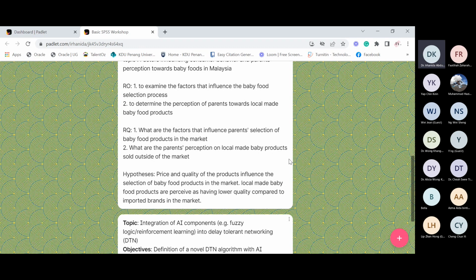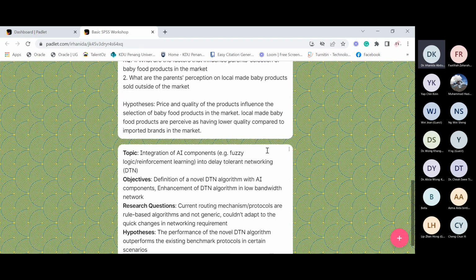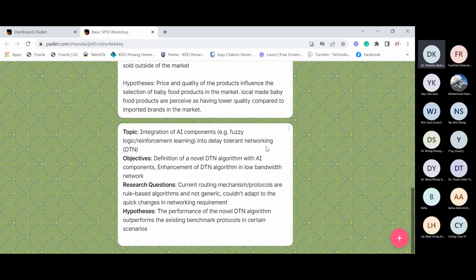But if you want to see the perception, especially when you are using a Likert scale, this one also uses regression. Mainly you are using regression analysis.